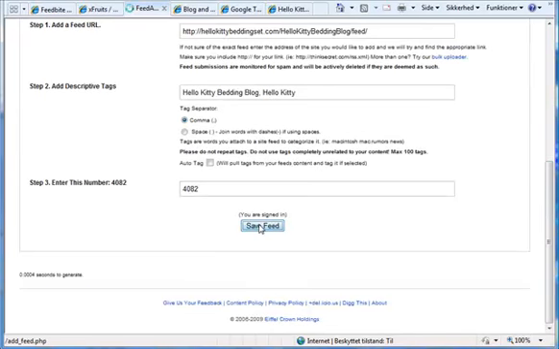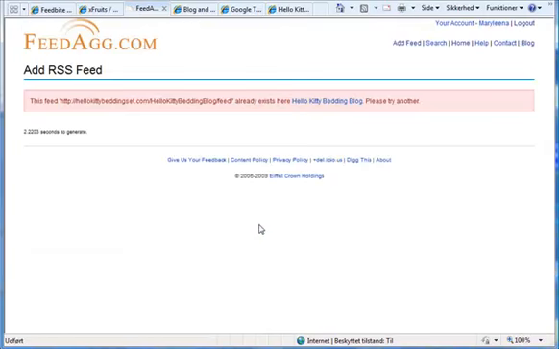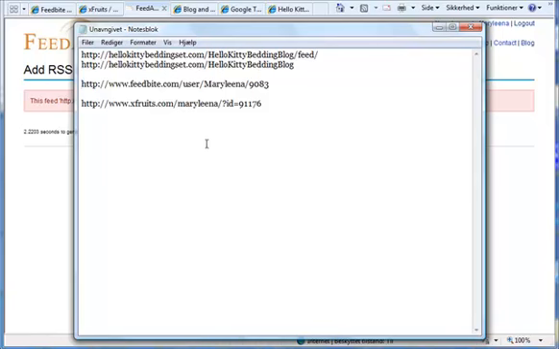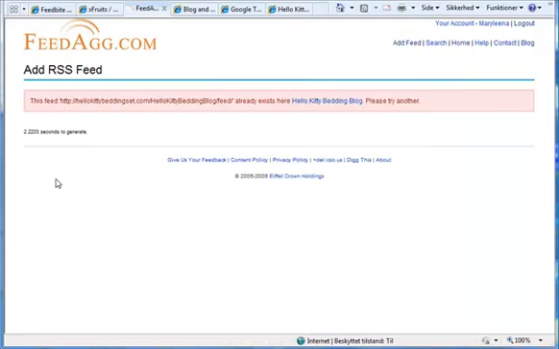Save feed. And this is actually quite funny. I haven't tried this before. Sometimes my copy paste doesn't work, so it actually thinks that I have put in the same feed one more time. But you get the picture. You just add all of your feeds that we collected, and when you're done with that,